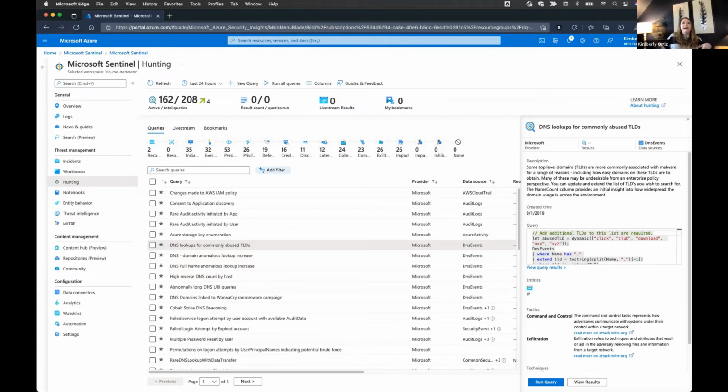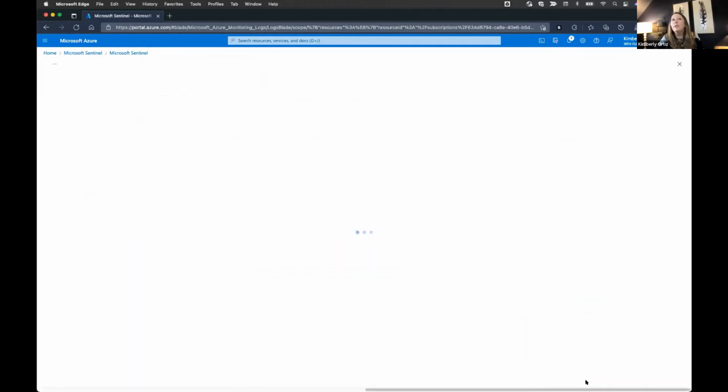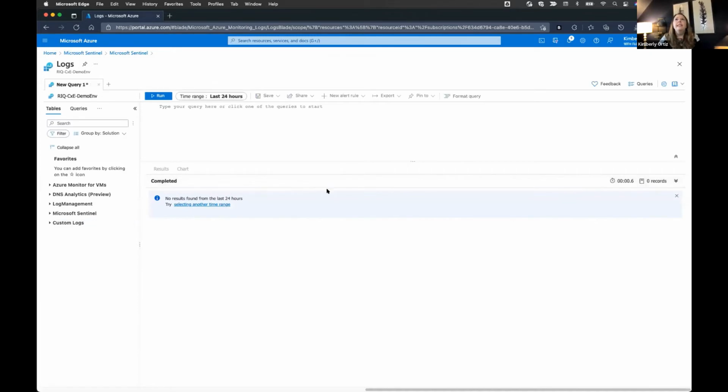So I'm going to start here with this query that was populated over here on the right. What I can do is come down here and click on this Run Query button. If I give it just a minute, we see very quickly that there were not any results for this. So maybe I want to modify this query a little bit, maybe examine exactly what it is trying to do. In order to do that, I'm going to click on View Results, and this is going to pop me into my logs page.